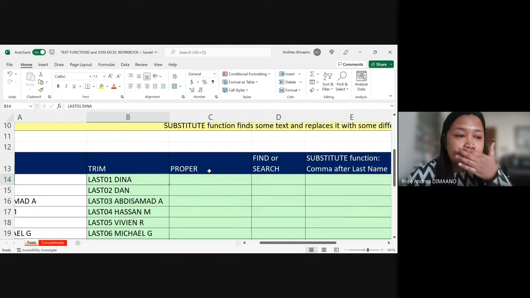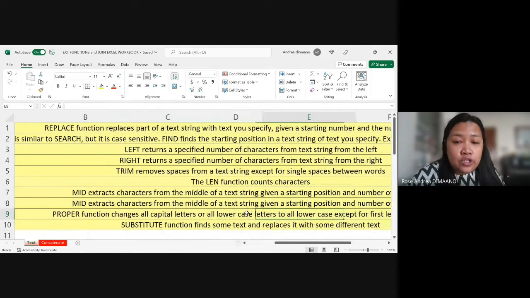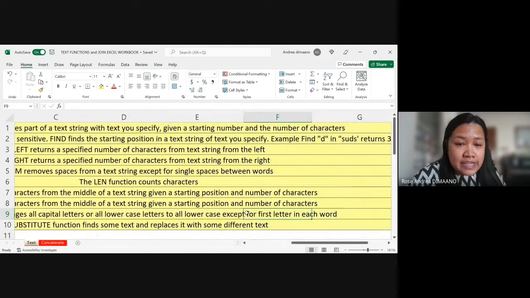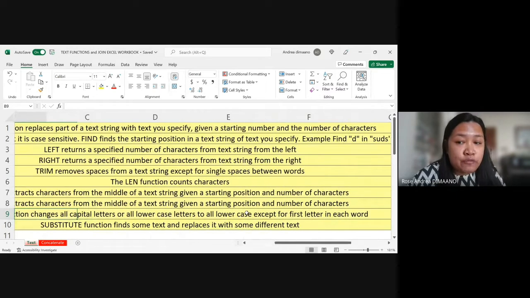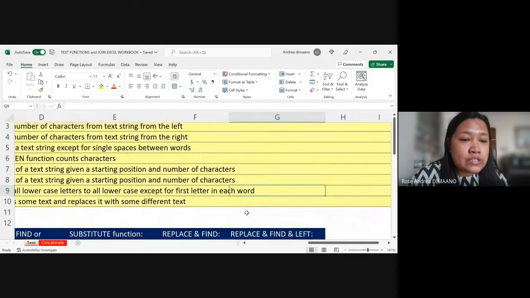We're supposed to have a proper format, which the proper function gives, changing all the capital letters to lowercase, except for the first letter in each word. So what it's going to do is